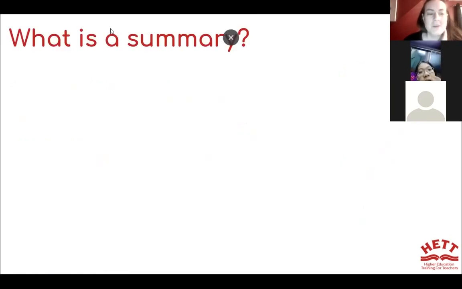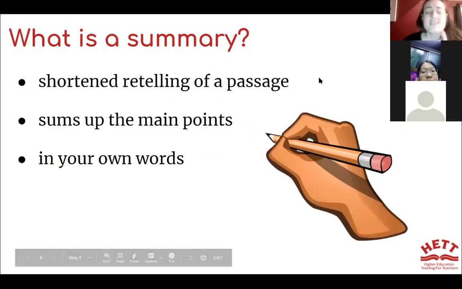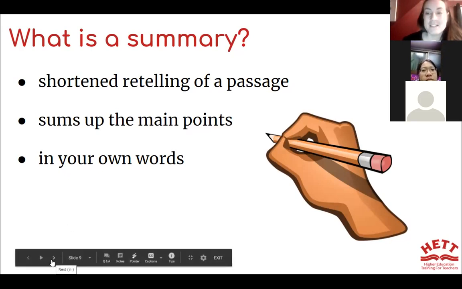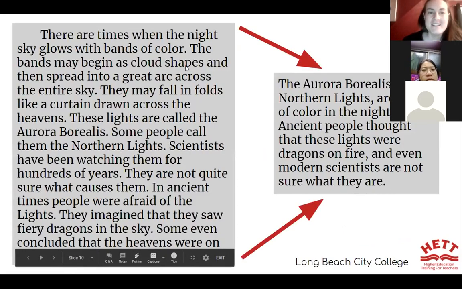So what is a summary? A shortened retelling of a passage, it sums up the main points, and is in your own words. So here is an example of a summary. The original paragraph: